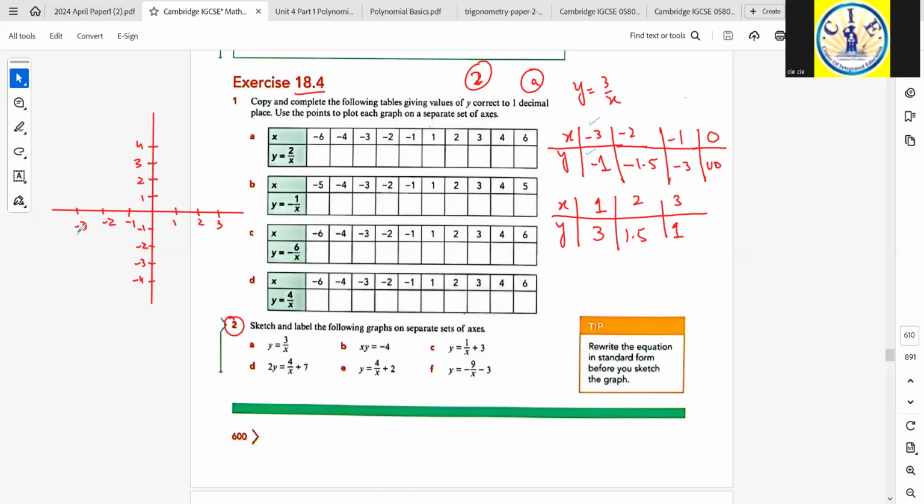So this is the point. Then -2 corresponds to -1.5. So here is -1.5, this one. Then -1 corresponds to -3, and this one. So joining them with a smooth curve,